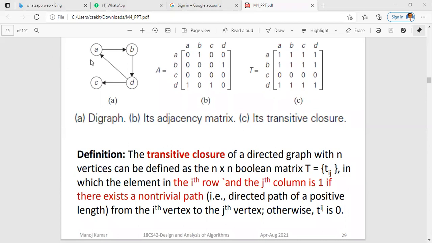So understand carefully the transitive closure. If you find any path from that particular vertex, the transitive closure is completely 1. So from A, the path is going to B. Any one of the vertices, if there is a path, the transitive closure will be completely 1. So B also, B to D, there is 1. That's why the transitive closure of B is completely 1. Come for C, there is no path from C to any other vertex. So entirely it is 0. From D, you are having two paths, one to A, the other one to C. So it's completely 1. Okay, so that is the transitive closure we are having.